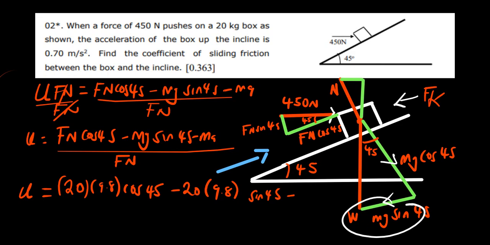Our mass is 20 multiplied by our acceleration. What is our acceleration? We've been given an acceleration of 0.7, so we put 0.7, divided by